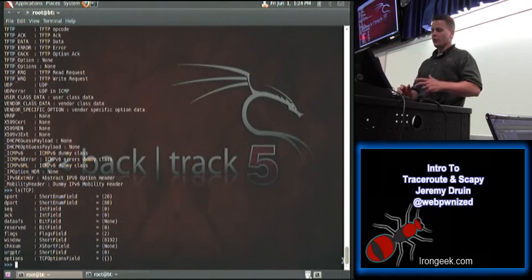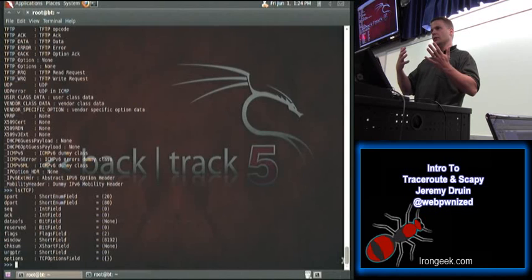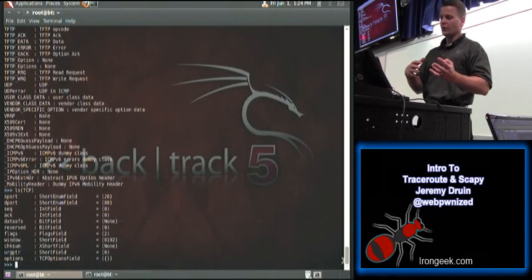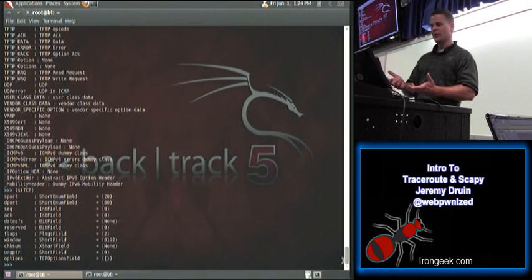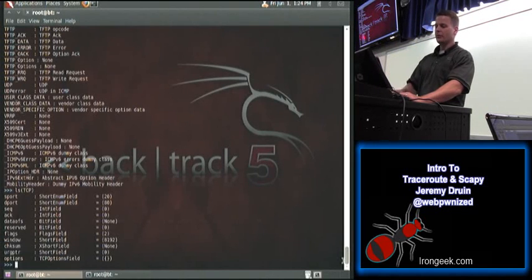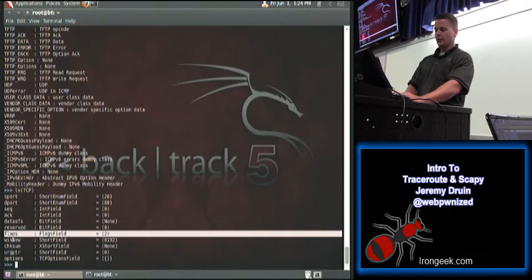These protocols, like everything else in Scapy, kind of work like objects in object-oriented programming. Things have this idea of attributes or properties, and they also have this concept of methods. But you can also sort of call functions on things too, so it's not exactly a great analogy, but it's pretty accurate. We can see that a TCP packet has attributes of source and destination ports, all the flags, and